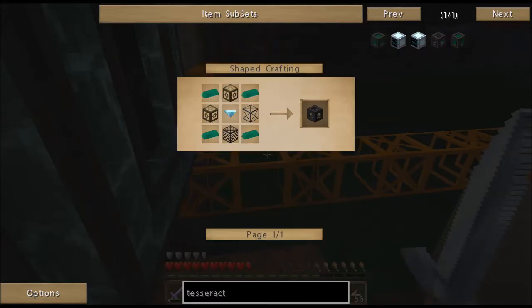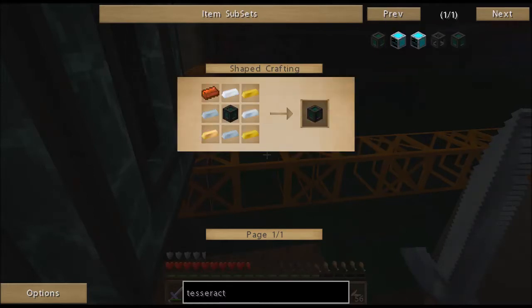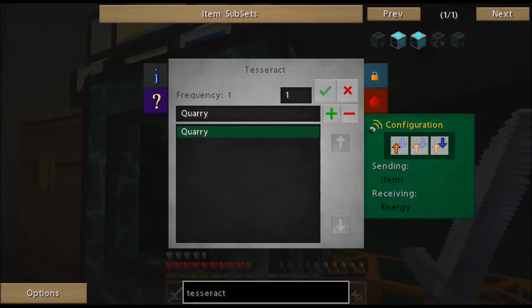And then once you get the frame, you drop the frame into the fluid transposer that's full of liquid ender, resonant ender it's called, and then it comes out as a tesseract frame. And then you take the tesseract frame and you put bronze and silver around it, and it becomes a tesseract. Now the tesseracts are really easy to work with. You put them down next to what you're transferring, and they can transfer items,